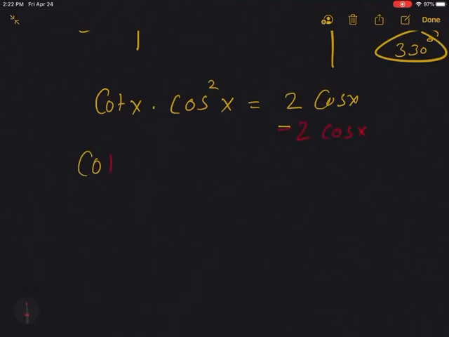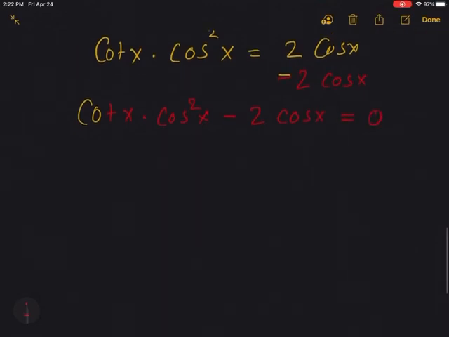So I have cotangent x times cosine square x minus 2 cosine x, and this whole thing is equal to 0. Greatest common factor, factoring, there's a lot of stuff you could do. What I see is I could do greatest common factor. Take out something they both have in common. They both have one cosine in common, so let's factor that out. So I have cotangent,